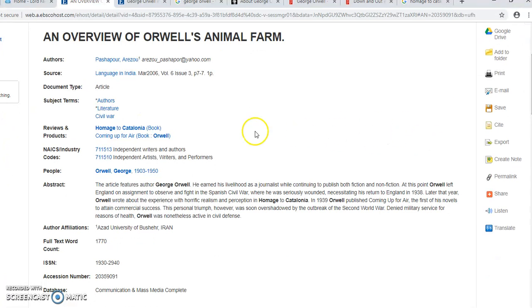So, this article, while titled an overview of Orwell's Animal Farm, it does mention the Spanish Civil War and how he went to observe, and it